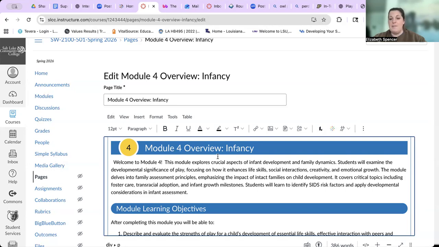A part of this is not just working with the infants themselves, but you're probably more likely going to be working with the parents and the family surrounding the infant, right? So helping them to understand how that development works, and maybe even teaching them how babies develop.